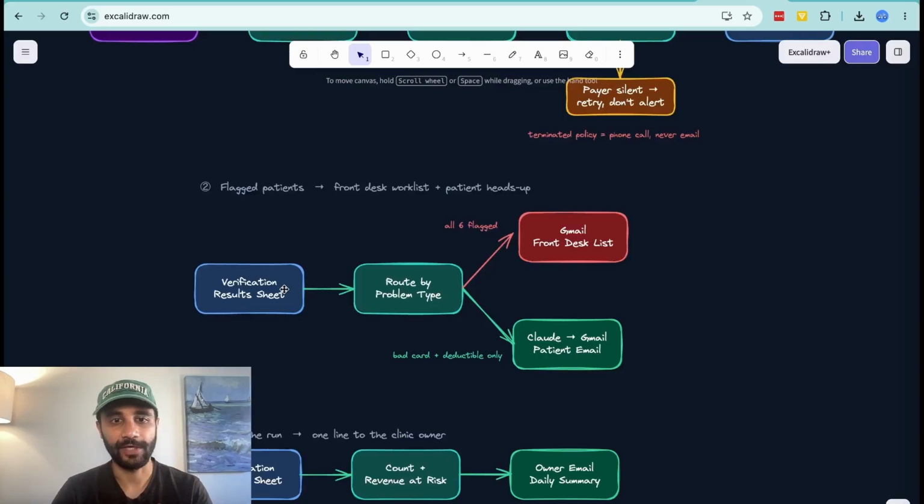We're going to look at the verification results that we have received from Steady. Then we go to route by problem type. For the patients, let's say there are 6, an email is going to be sent to our front desk, letting our front desk know the problems that each of those 6 patients have, and what we need to do to be able to resolve them. It's also at the same time going to send an email to each of those 6 problem patients, letting them know, hey, once you come in tomorrow, you need to fix this before you show up for the appointment